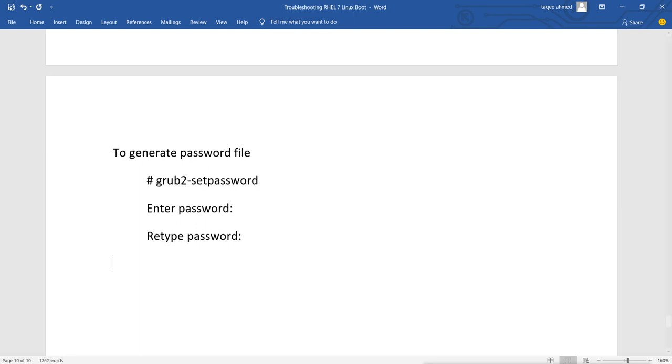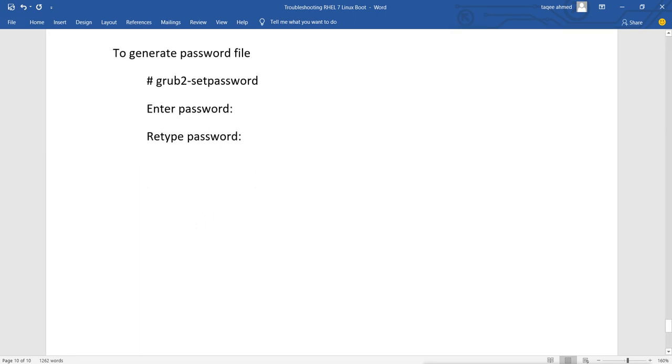Now, what was the problem? The problem was we forgot the password for root. That means it is not like it is easy that you just forgot the password, you just lost your memory. It is not like that. Maybe the administrator is not available, or the user who configured the password is not available, or something like that. In that case only you will not have a password for root. In other cases it is very hard that you forgot the password for root user, the main administrator of your server.